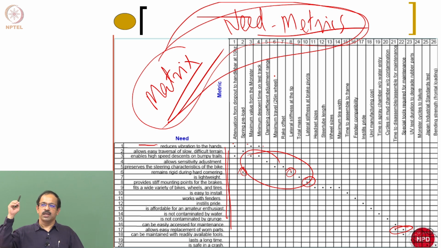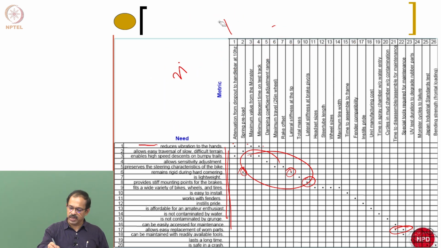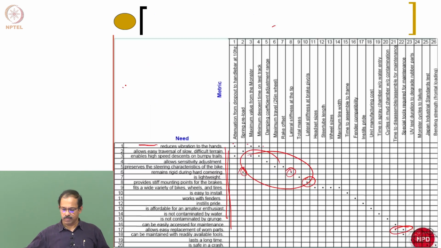One company is taking 25 seconds, one is taking 20, one is taking 45. So you have an idea of the time taken by different ones. The customer is still telling you it should be easy to assemble, or the time to assemble should be less. So what will you do? You either try to meet the current one or try to reduce the time from that. This is known as benchmarking in identifying the value. You benchmark your design or your metric against others.